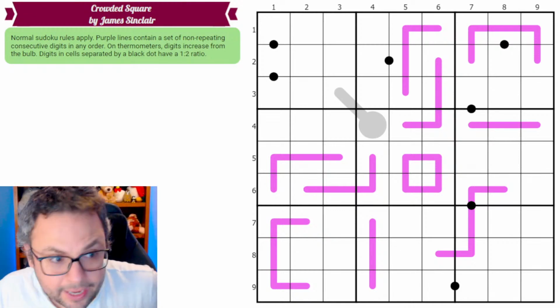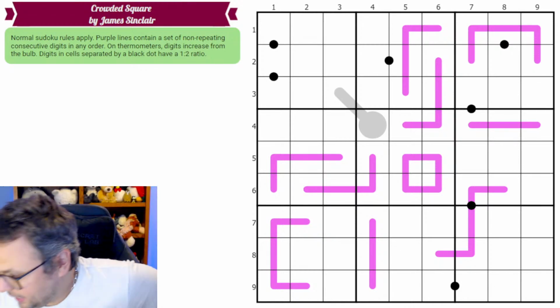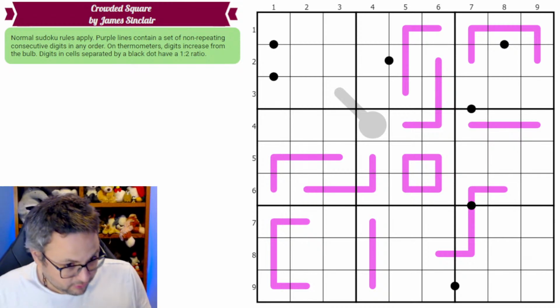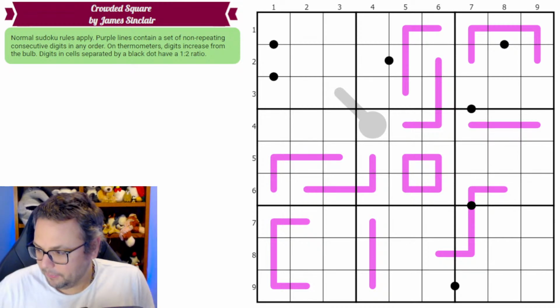Alrighty, welcome back. We have a Renbon black dot puzzle with